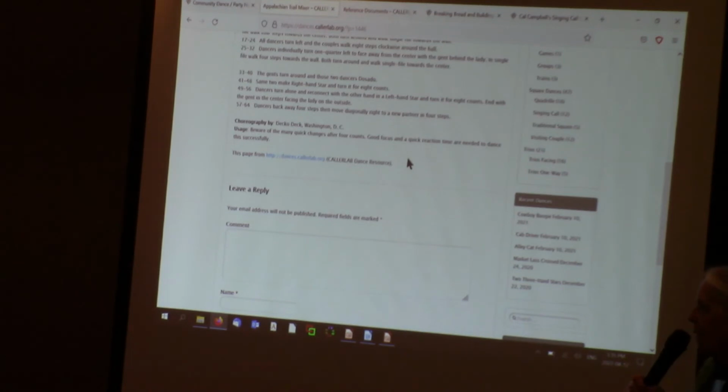I've used this a number of times for party nights, and I look at these descriptions of the dance, and if I don't already know the dance, I can't really translate that into the motion in my head. So then I go to YouTube and type in Appalachian Trail Mixer, and you'll probably find a bunch of video recordings of people either teaching or doing that mixer, and you can see how it relates. The only problem is sometimes they're not quite the same, but at least it gives you an idea what the action of the mixer is supposed to be.